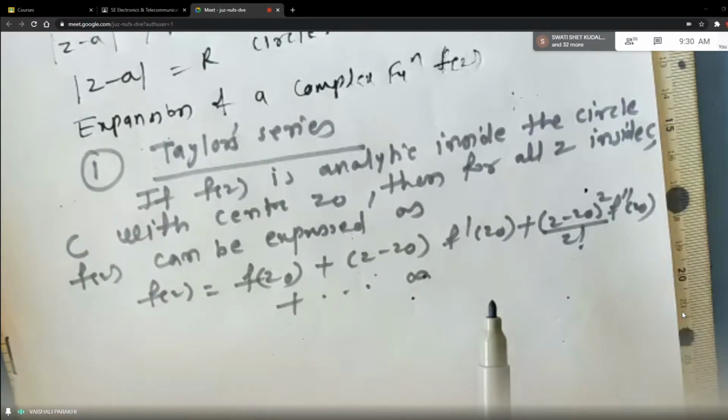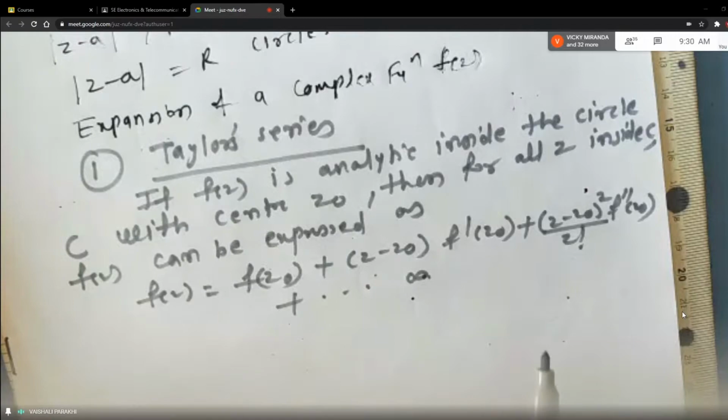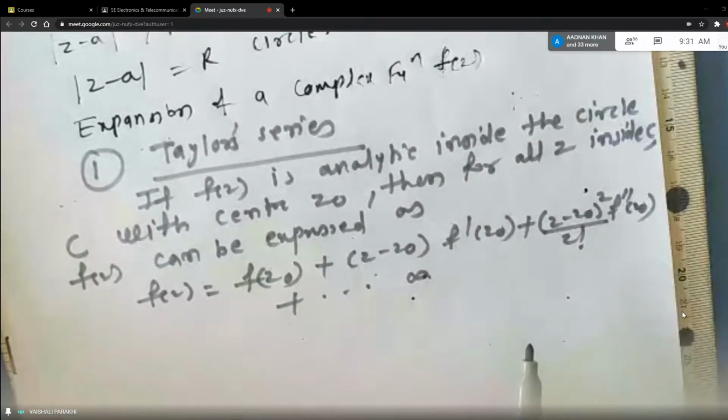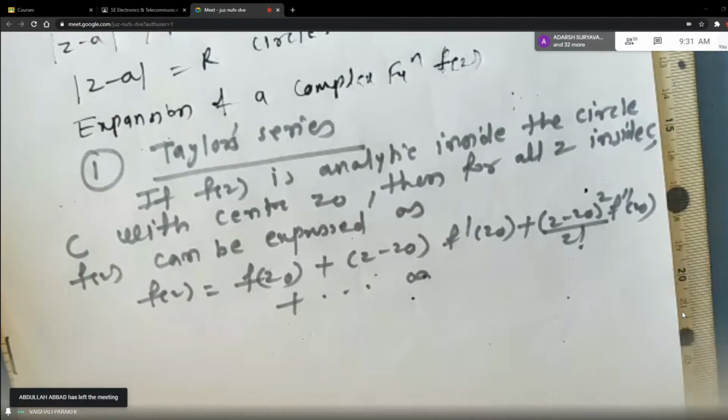So this is the same series which you have already done earlier, but now it is in terms of a complex series. In short, this series is convergent. Convergent means what? When you take the limit of the nth term as n tends to infinity, you get a constant, meaning a finite term. Then it is called a convergent series. So the series is convergent at every point within the circle.